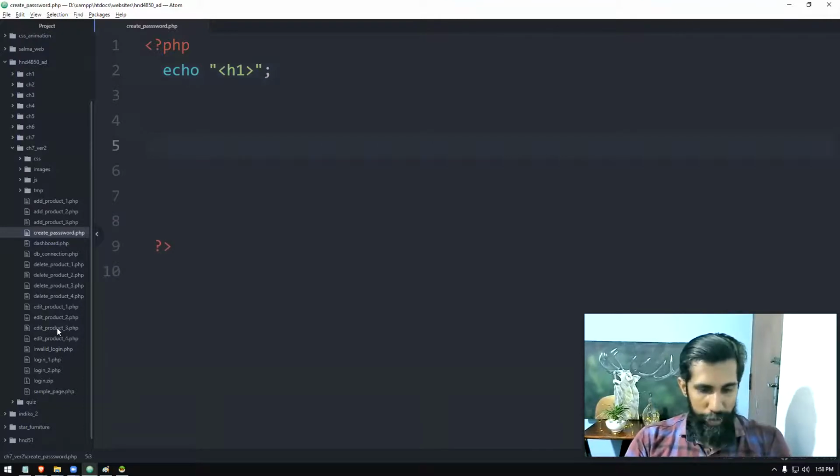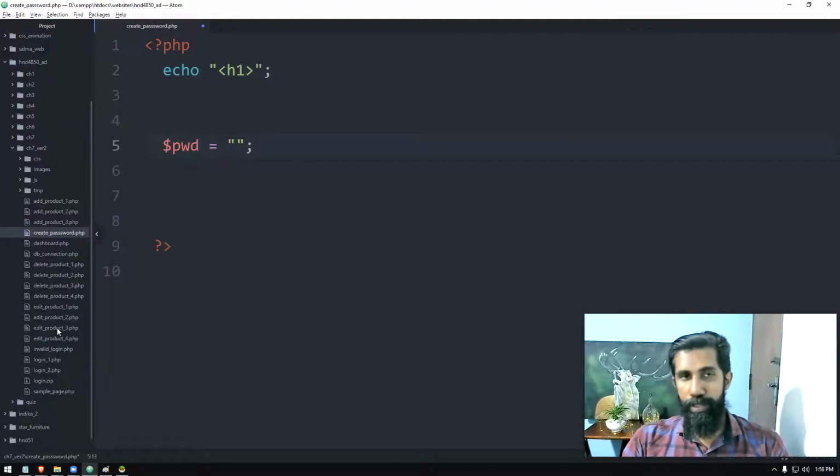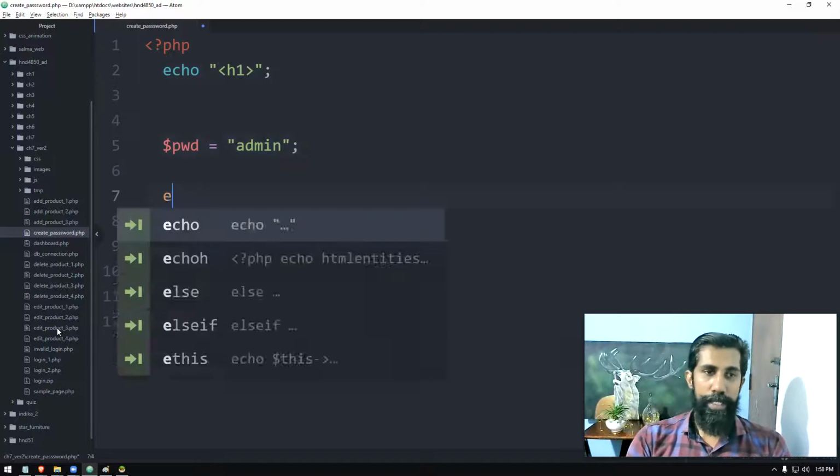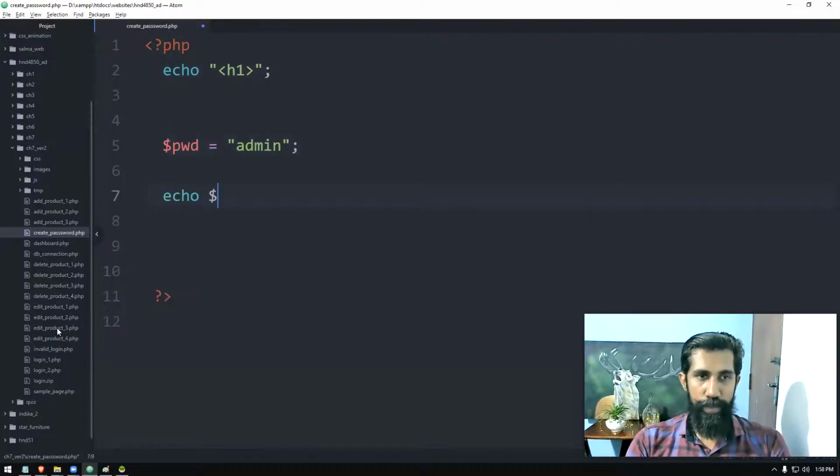Okay. So I will have a variable called pwd. That's my password, right? So our password here was admin, right? So I'm not going to change that. You can use a difficult password if you like. I'm going to use admin, and let's display the original password, right? So this is no encryption done, right?